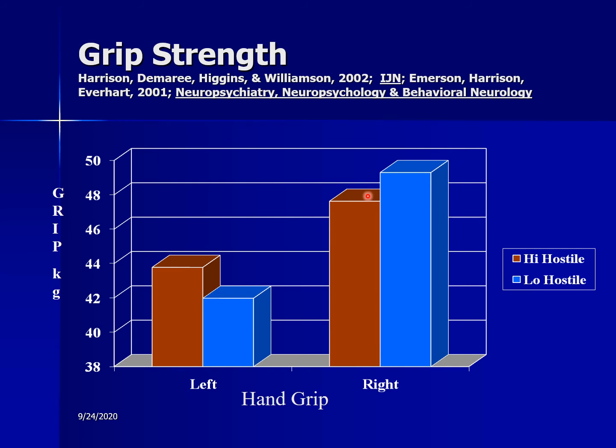But now, what would you predict, now that you know the theory, if we were looking at a bench press instead of grip strength, where we're looking at extension of the left arm? Well, at the hand with flexor dystonia, we expect increased strength at the left hand for flexion, and that would be true for the left arm for flexion. But when we look at extension of that arm, we'd expect them to be significantly weaker.